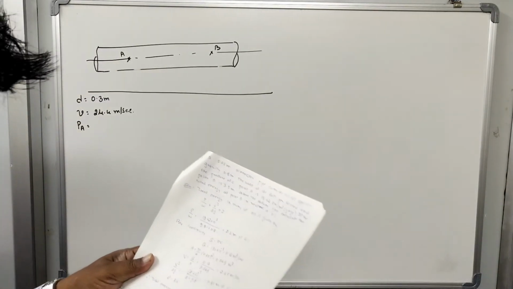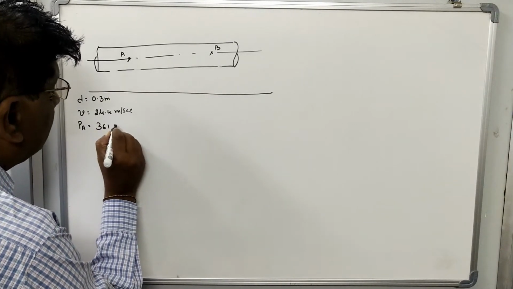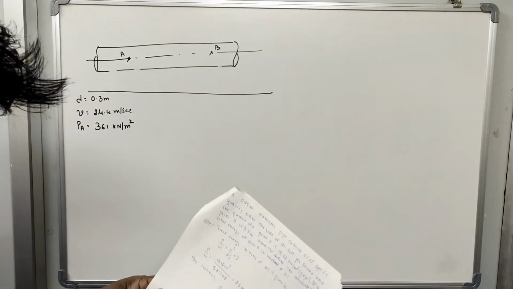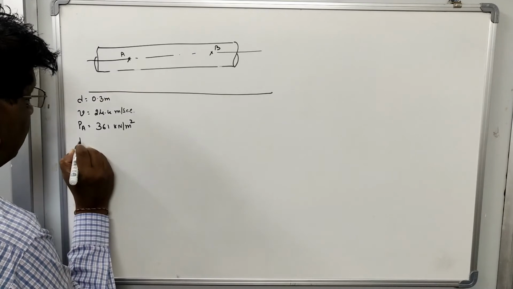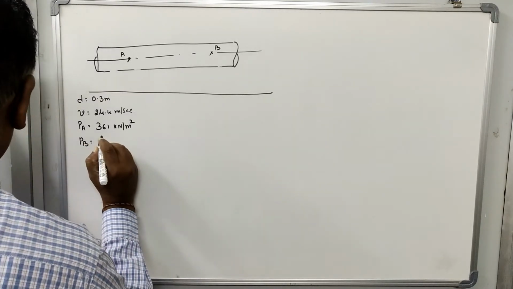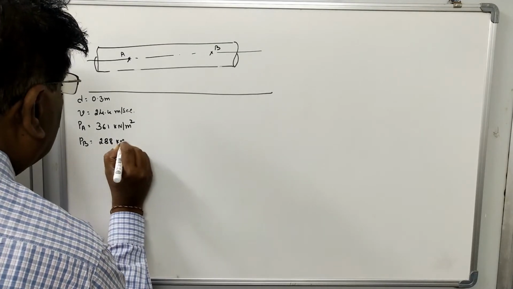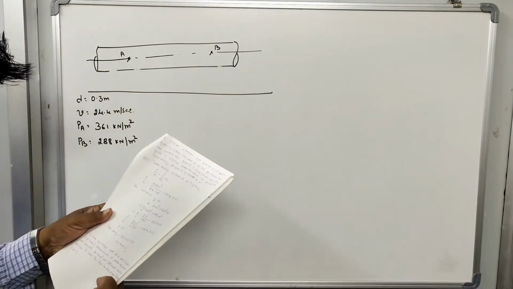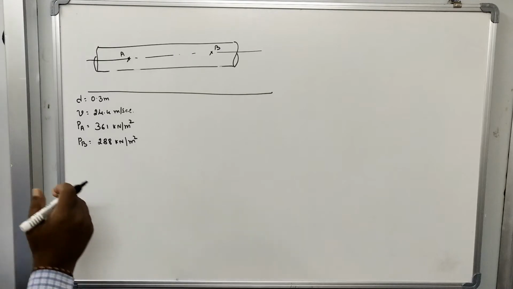At point A, PA is 361 kilonewton per meter square, and at B, the pressure at point B, PB, is 288 kilonewton per meter square, and the elevation,